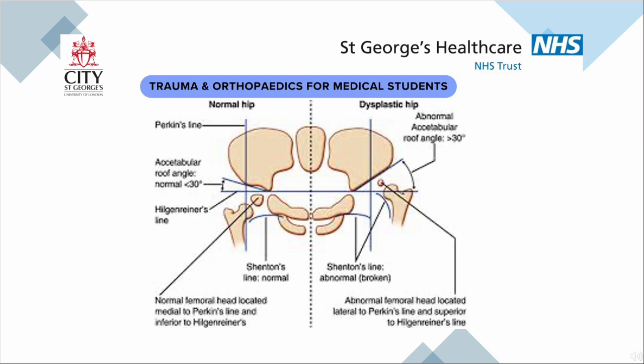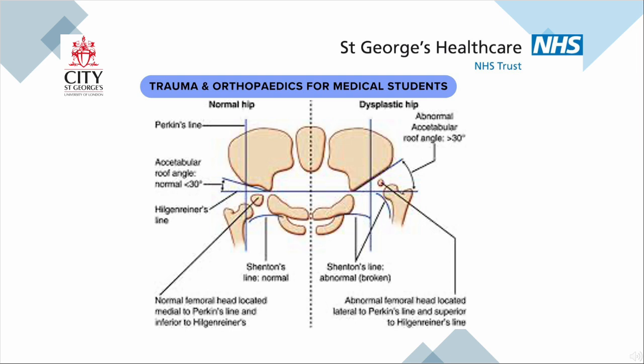And you can see that on the left hand side of the picture as you look at the screen, this is in nice continuity, but you can see Shenton's line is broken on the right hand side because as you draw the line up the medial aspect of the femoral neck, it doesn't meet the line coming from the pelvis. Now the other important line is Hilgenreiner's line, which goes through the triradiate cartilage, and Perkins' line,